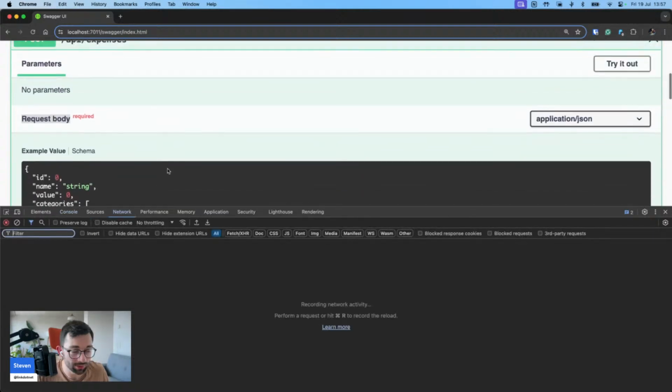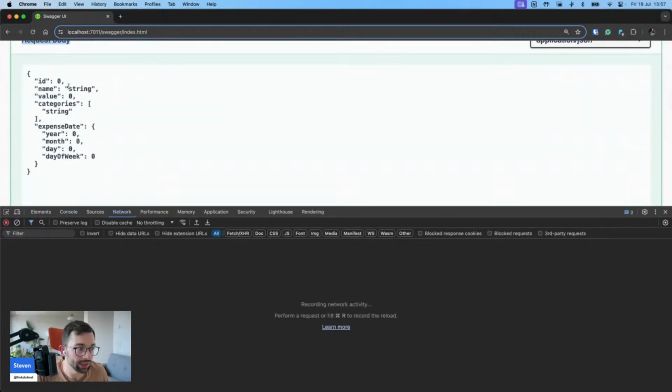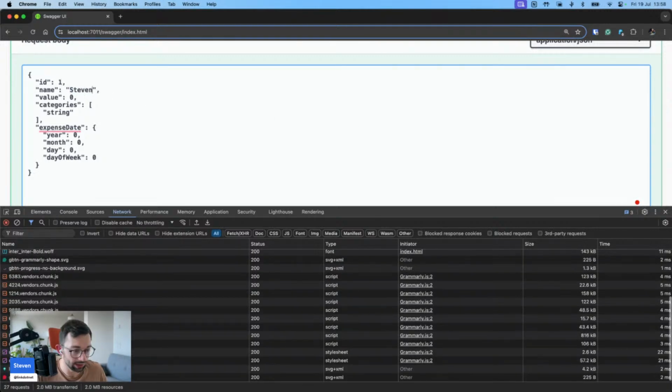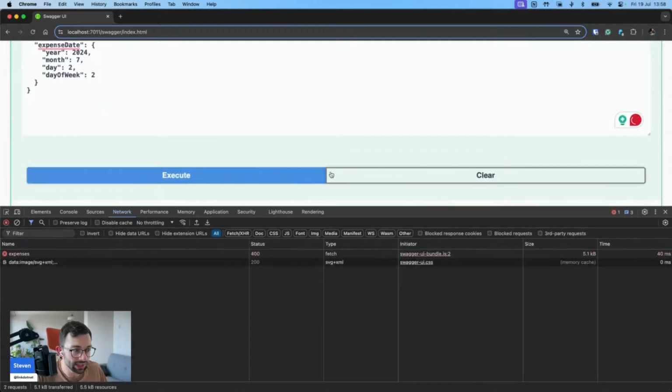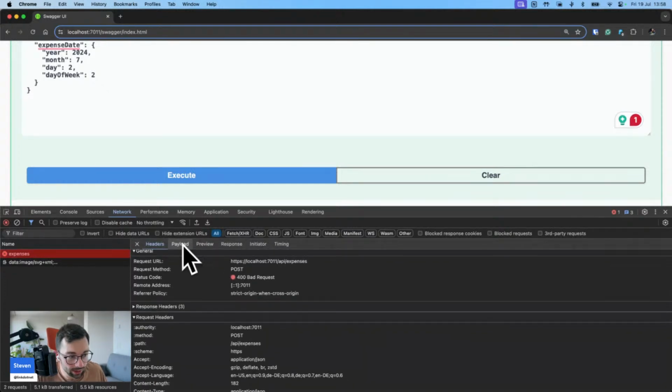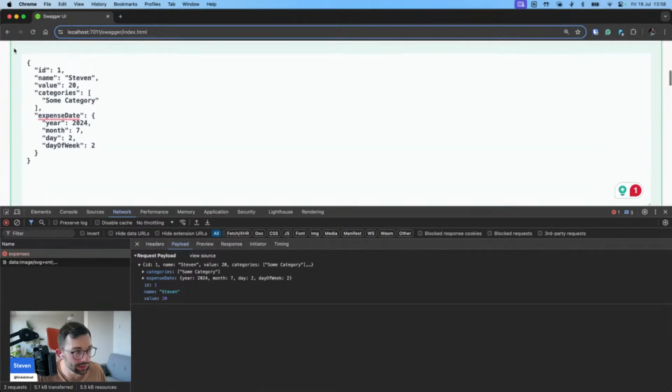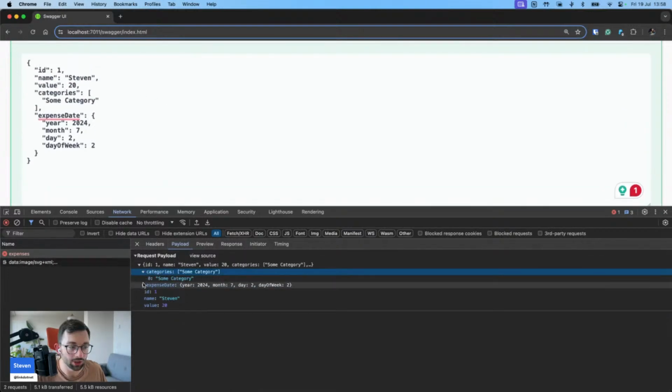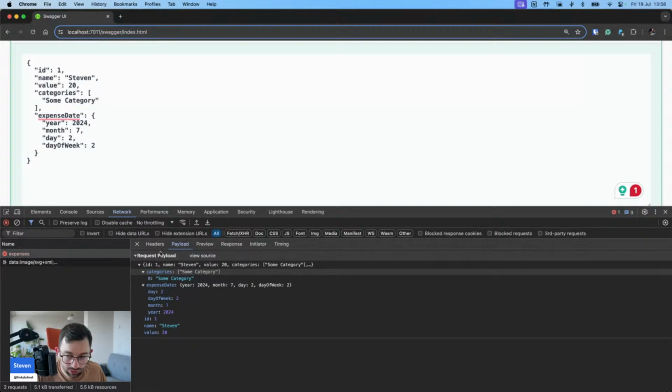And we can see this easily. Let's go here to the network tab. How does that look like? If we go here, try it out. ID, one, it doesn't matter. Name is Steven, value is 20, some category. Right, we have 2024. Here's 7, and the day of week, it doesn't matter. 2, and also 2. Doesn't matter. What happens now if I press execute, we can see here, we get first an error. That's because of a different reason. But if we go here to the payload, you can see this data you put in here is part of that request. So if you do a post or put request,